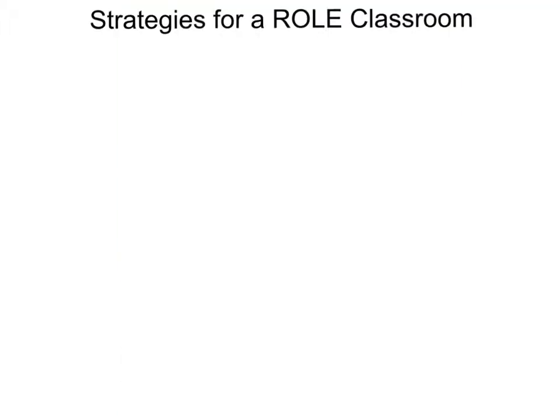The first takeaways from this book are the 5 strategies that make up the core of the role classroom. The year-long project is designed to cover most learning outcomes and aids in the development of critical thinking skills. The project can be almost any kind of project as long as it's related to the subject and can make use of many lessons and activities related to it throughout the year.